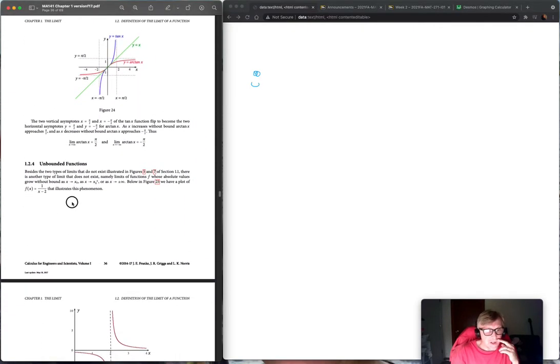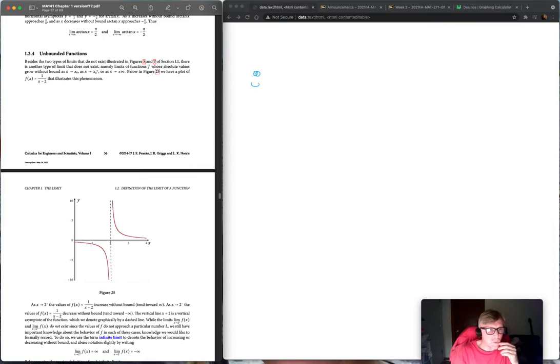So, what happens when x is a number? Let's say we have 3. What happens when x is a number and we approach that number from one side and we get infinity? Like, what does that mean? What does that mean? What that means is that, and in the question here they're using 2, what that means